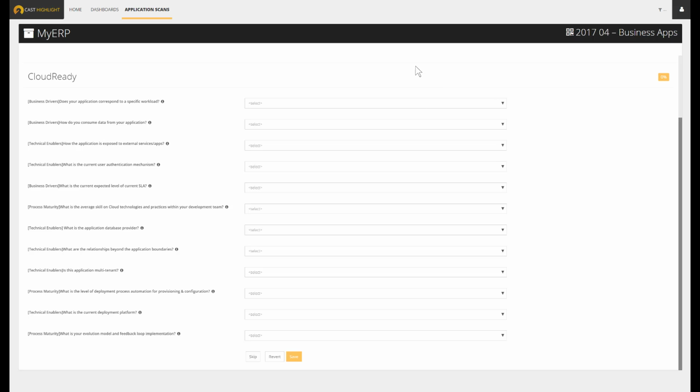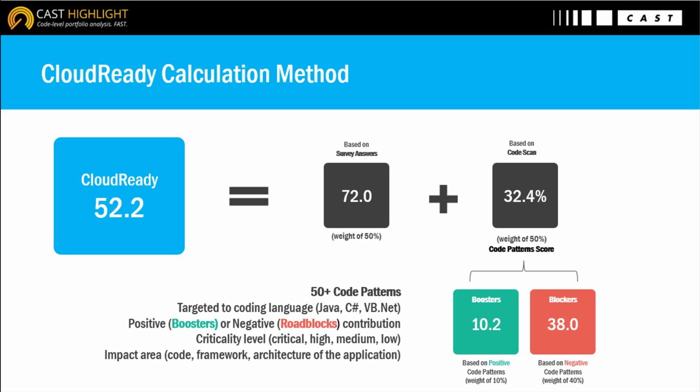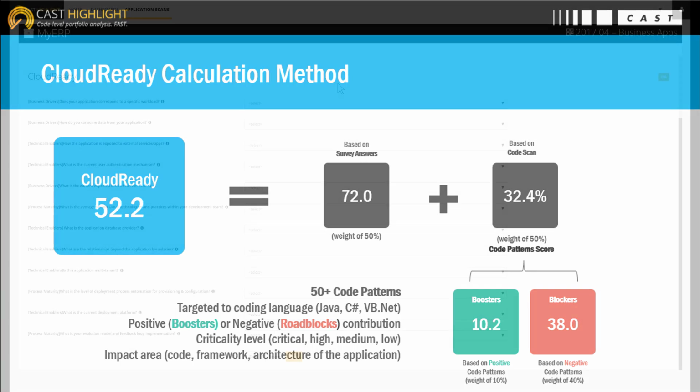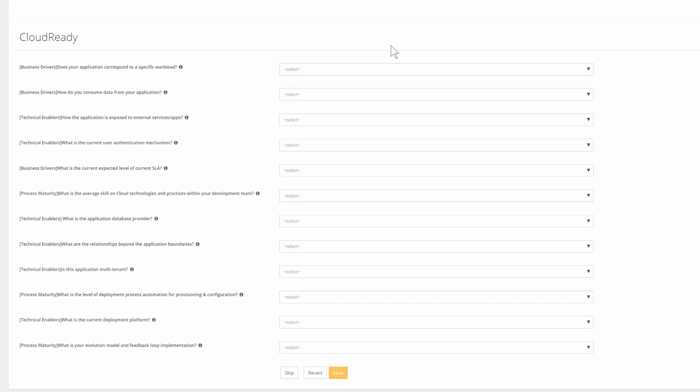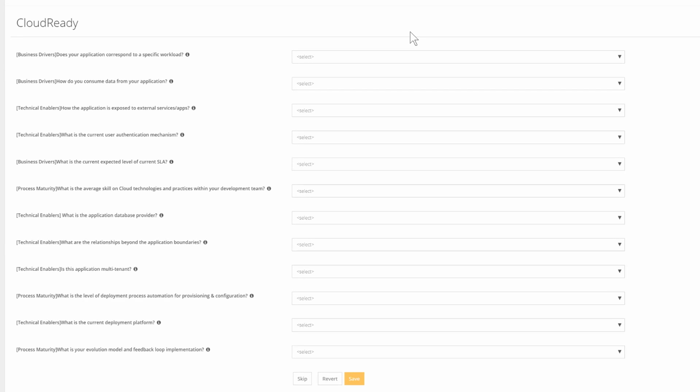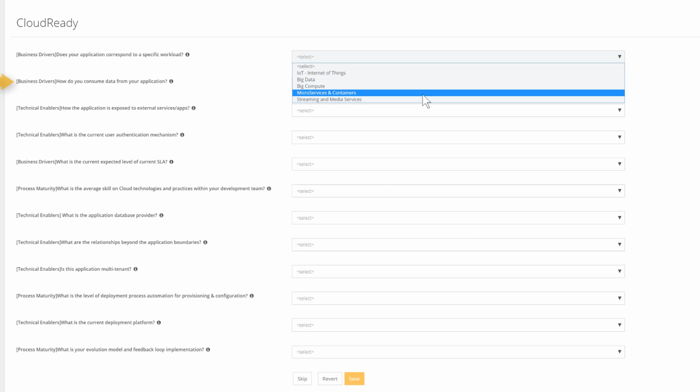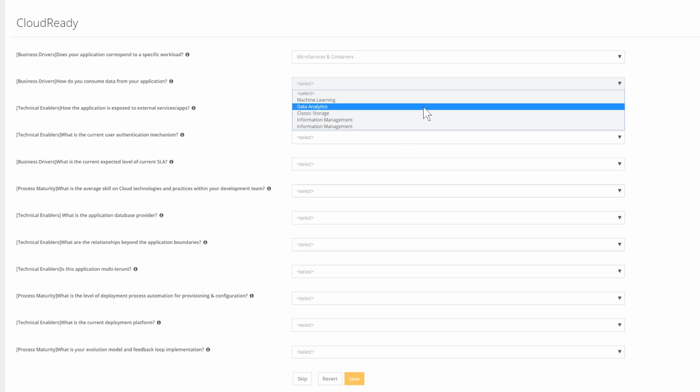The last section is dedicated to the Cloud Readiness assessment. As mentioned in two previous tutorials, the Cloud Ready Index is a combination of a survey and a CAD scan. The Cloud Survey section aims at capturing info that we cannot derive from the source code. The questions address several dimensions like the target cloud workload, the way to consume data, how the application is exposed